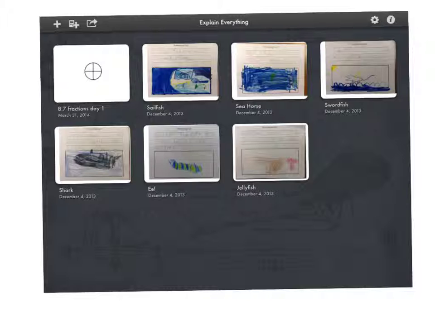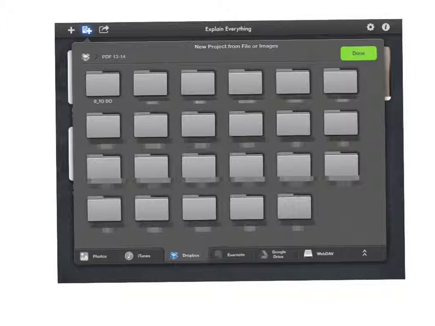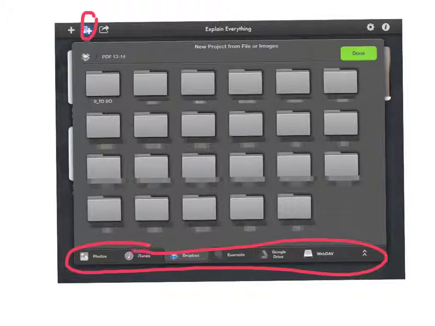The first thing that I do when I open up the Explain Everything app is I use this little icon at the top. It allows me to do a quick start of adding in the images that I want to provide some video feedback on, directly from the camera roll or from Dropbox, which I'll be showing you how we do from Dropbox. I still have this option selected up here at the top, but it also gives me the option to choose which of these services down here at the bottom I would like to import items from. One of the things that I do to import these items is use the Dropbox option. So I'm actually in my Dropbox, and the folder that my students are sharing items would be